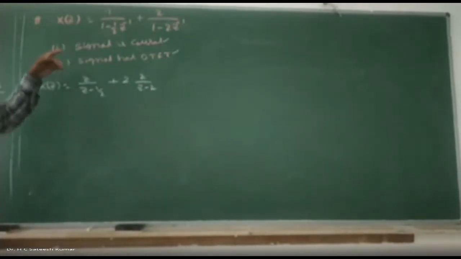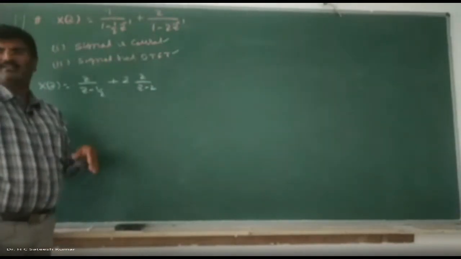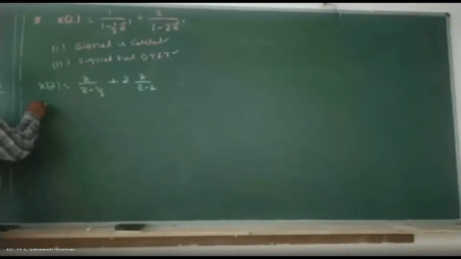Okay, right. Signal is causal means what? It is a right-handed signal. Right-handed signal means what should be the ROC? First case, signal is causal. When the signal is causal,